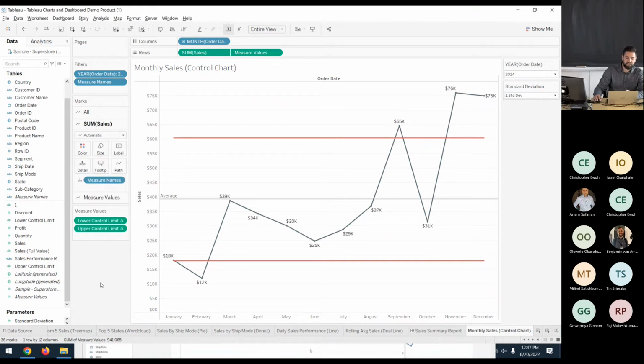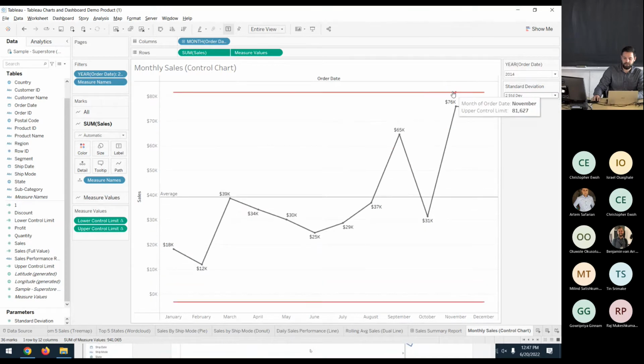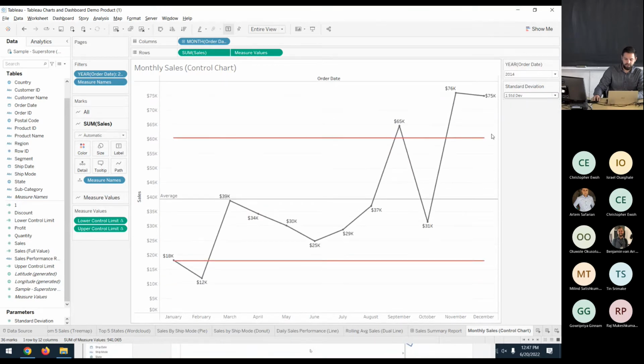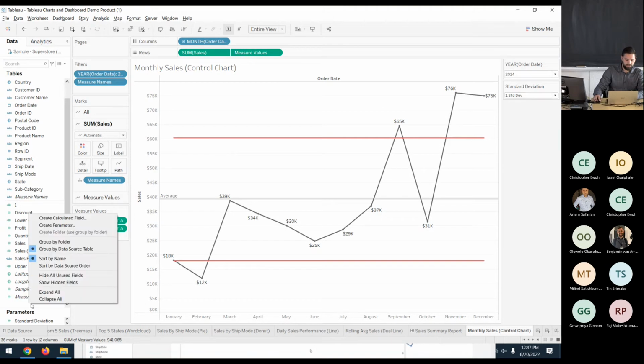And then we want to change the color when it's out of range. So we need to create one last calculated field that's going to basically be an if statement. If it's below this value or above this value, and then we can apply that calculated field to the color marks. Okay, so let's just double check that our standard deviations are working. Yep, they are. So all we have to do is come over here, right click, create a calculated field, and this is going to be our outlier control,